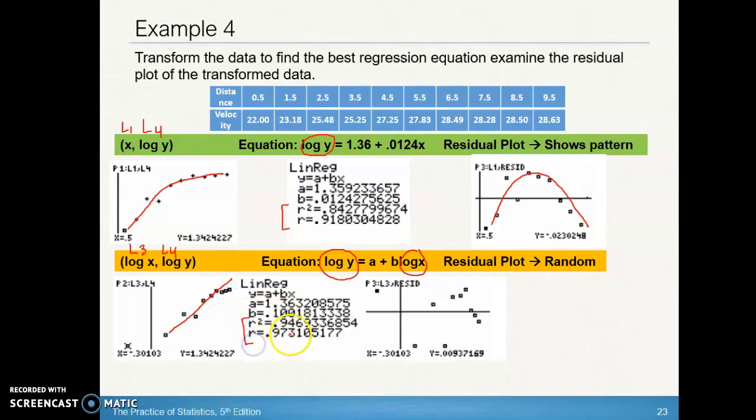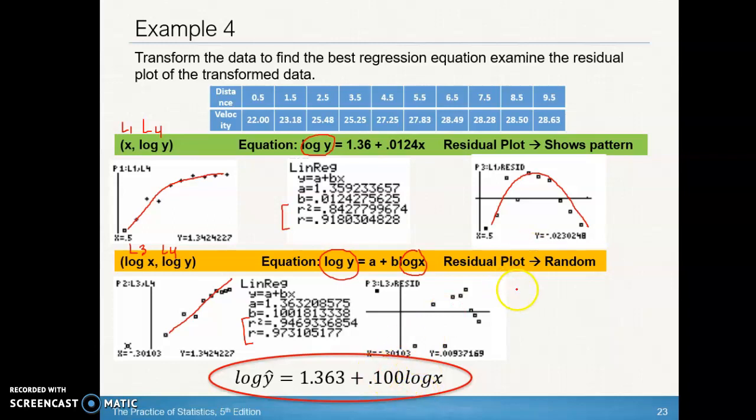Let's take a look at my r and r squared. We have 0.94 and 0.97, which is better than 0.84 and 0.92. And my residual plot, I have equal amounts above and below my x-axis. So therefore, we're going to say that the best transformation here is going to be my second one, which is log of x,